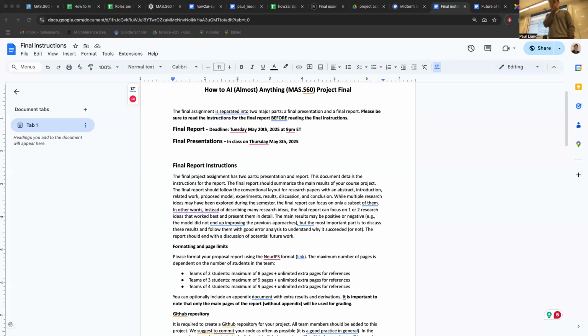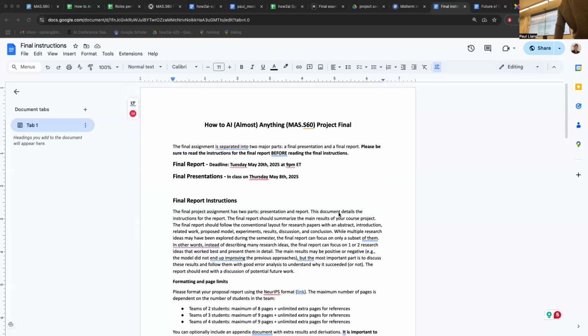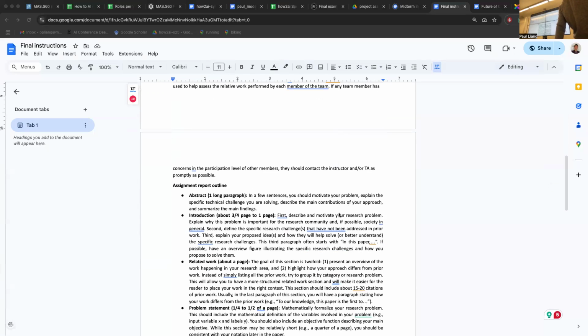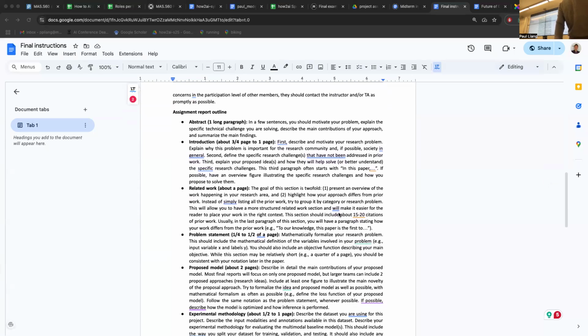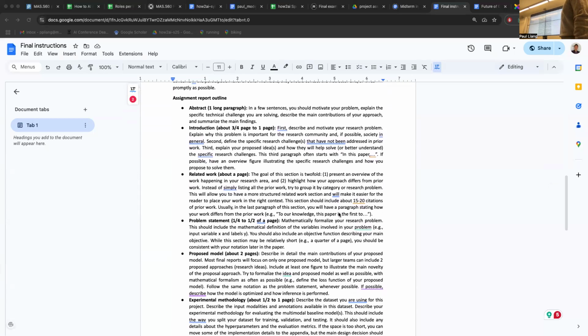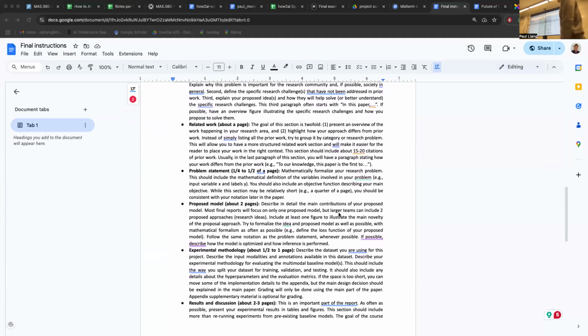8 pages for 2 student groups and 9 pages for 3 to 4 students. And it should cover at this point really a summary of everything that you've done throughout the semester. So most importantly, abstract, intro motivating a problem and why it's important, related work, which should be categorized by different sets of methods, not by individual papers, and also highlighting how your work differs, rigorously motivated problem statement, formalizing